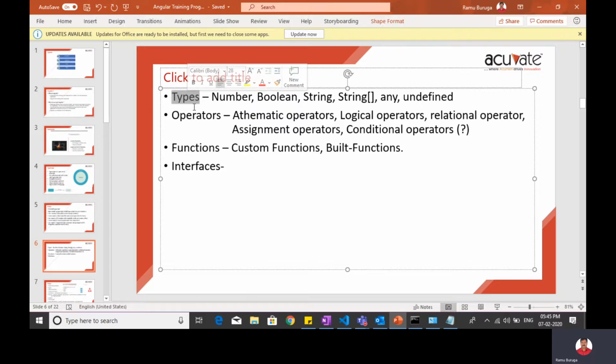In any programming language we can have types, right? So you can declare number types, boolean types, string types, string array types, and any and undefined types also. You just need to practice all the types. How can we use them?